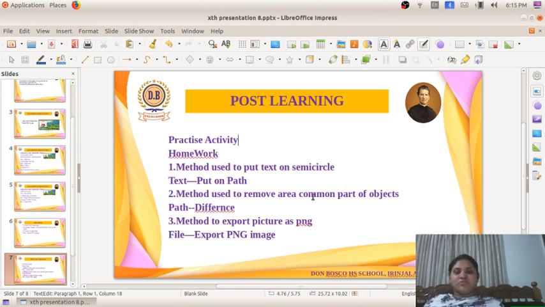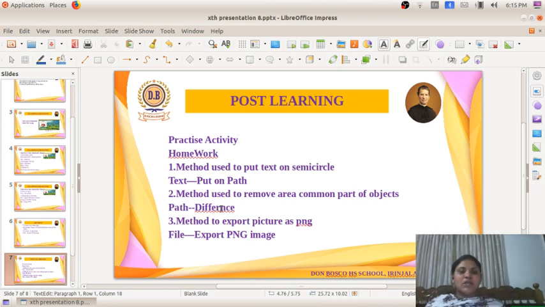The answer was Path, Difference. The next one is the method to export a picture as PNG. For exporting a picture as PNG, we use File, Export PNG Image.